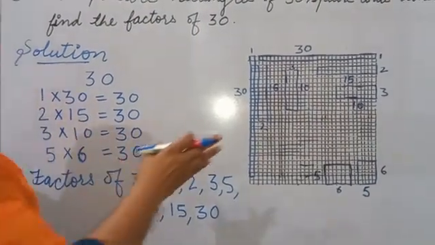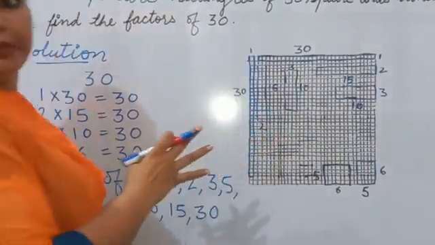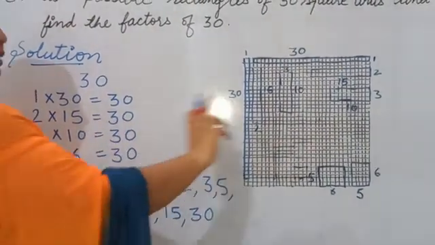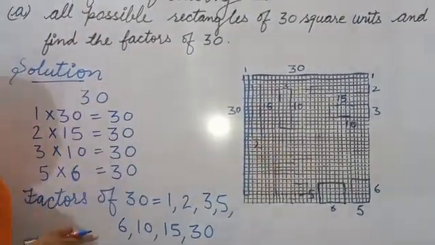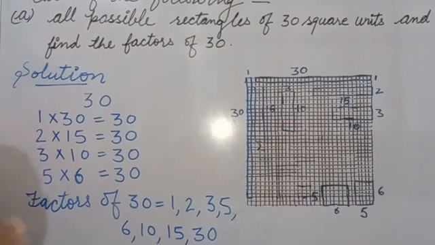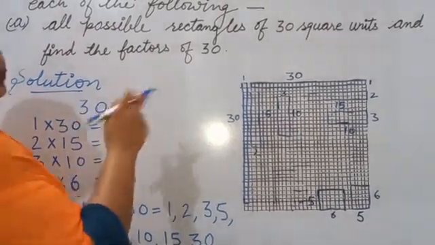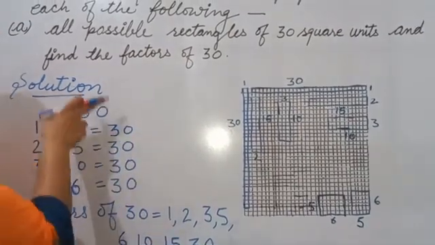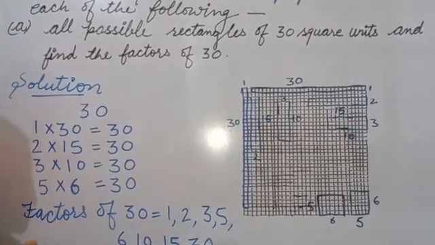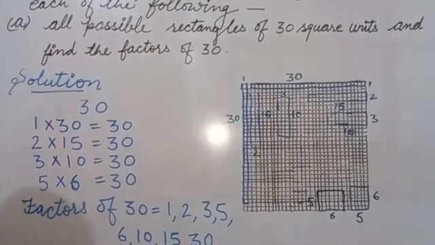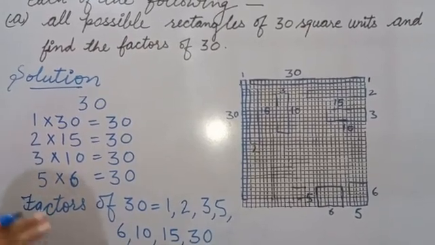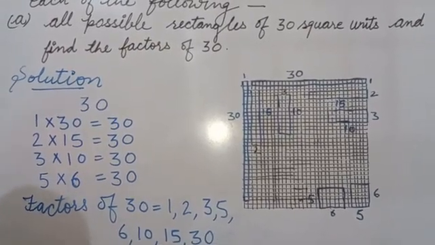आपको ऐसे rectangles इसमें show करनी है square paper में. Okay. So like this you have to show the rectangles and like this you have to find the factor. Same way you will do the B part also. In that you have to find the 48 square units. So you have to find the factor of 48 and then you have to make the rectangles. Okay. The same process in that part also. You will do yourself.